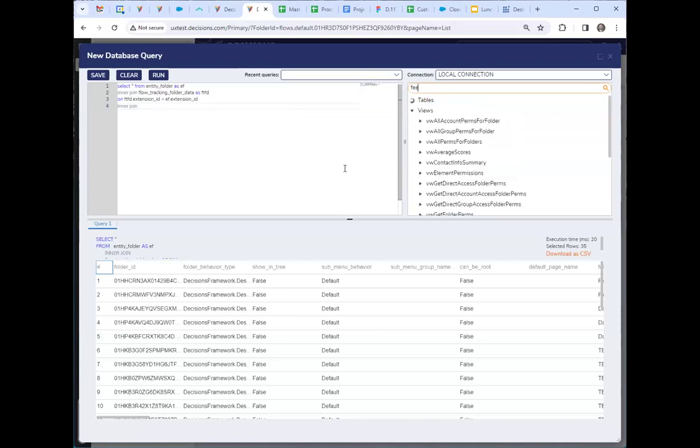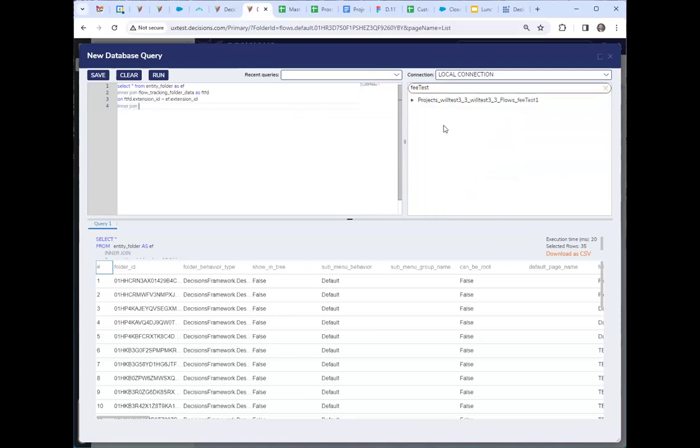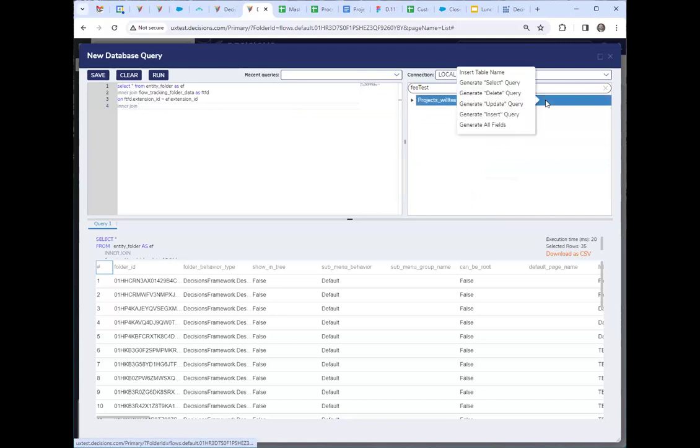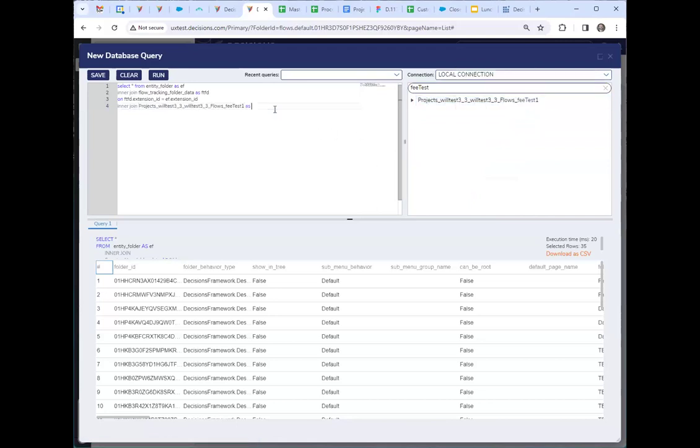Fee test. Yeah, and then I'm going to inner join this. So let me insert table name as fee, and I'm going to join fee.id equals the flow tracking, and it's going to be flow